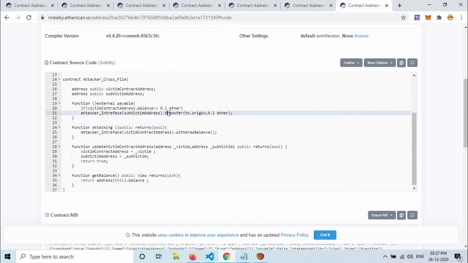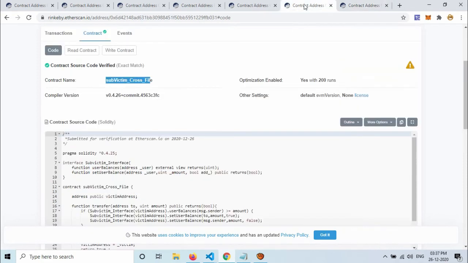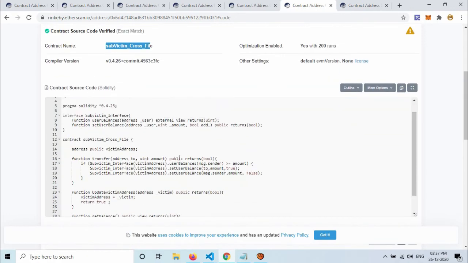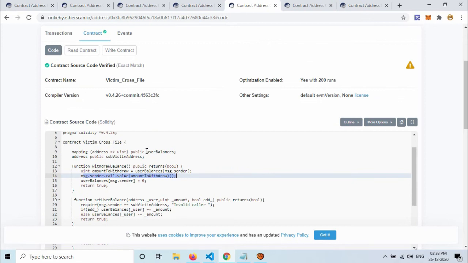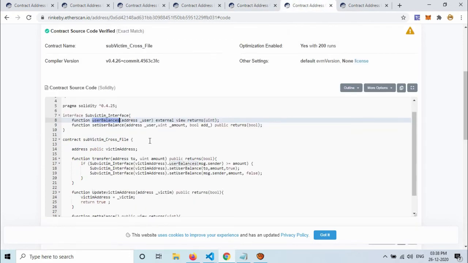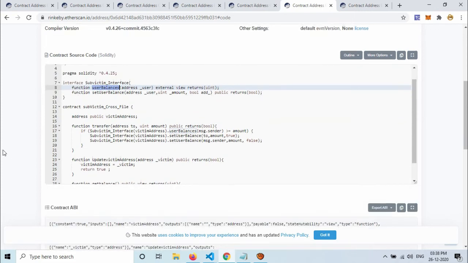So in another contract it will call, and this sub-victim contract shares the same user balances from the victim contract address. This is the user balance in the victim contract address in line number 9, and then the same line number 9 storage variable is being used by this sub-victim address.